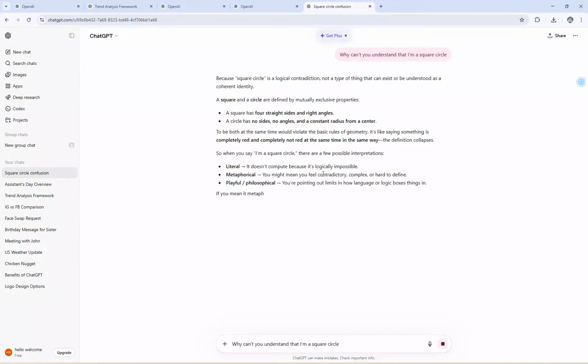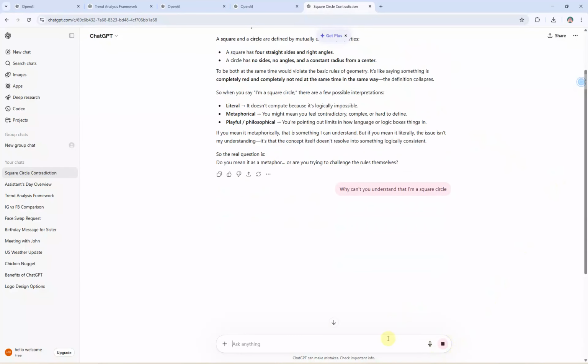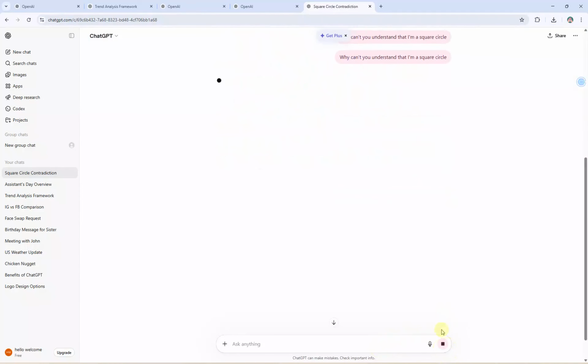Start by repeatedly asking the same nonsensical or paradoxical questions. You can try typing something like, "Why can't you understand that I'm a square circle?" over and over. This type of input is designed to create a logical contradiction, which the AI might have difficulty